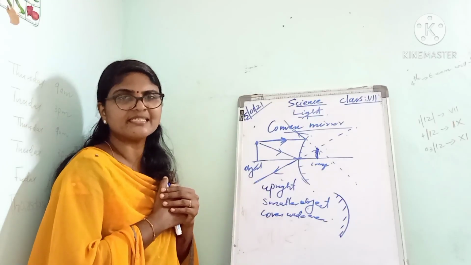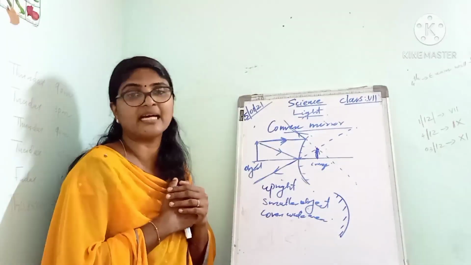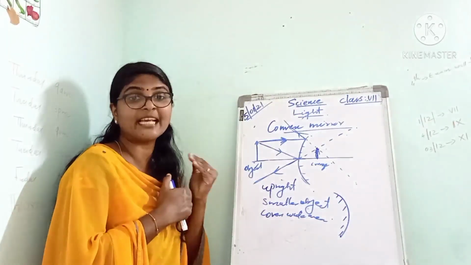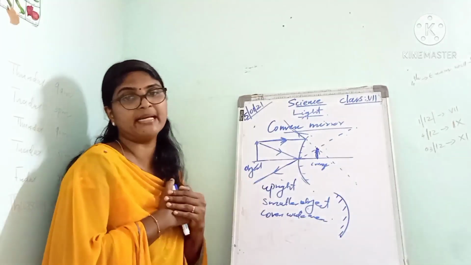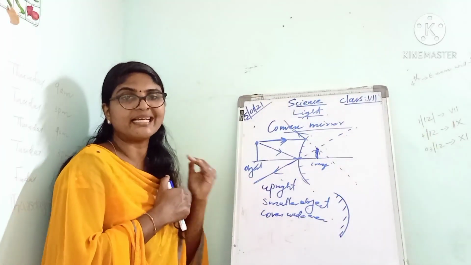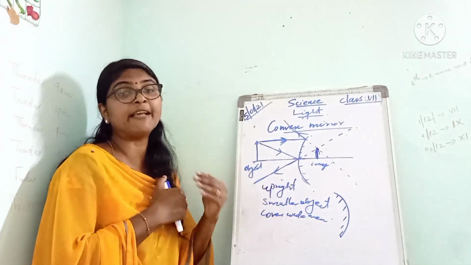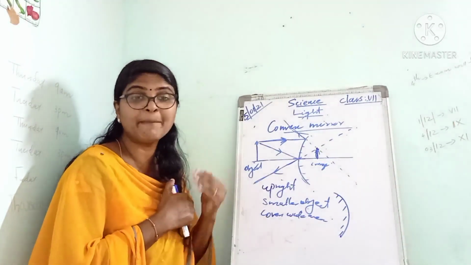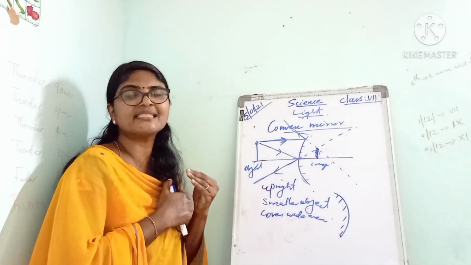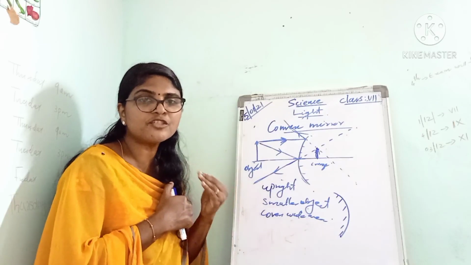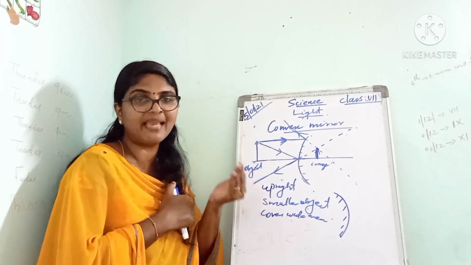Okay. Listen to it. And here the side mirrors of the vehicles are labeled with the safety warning: objects in the mirror are closer than they appear. Okay, you know that thing. The side mirrors of motor vehicles are labeled with the safety warning that objects in the mirror are closer than they appear. This is done in order to warn the driver that the distance of the object behind the vehicle